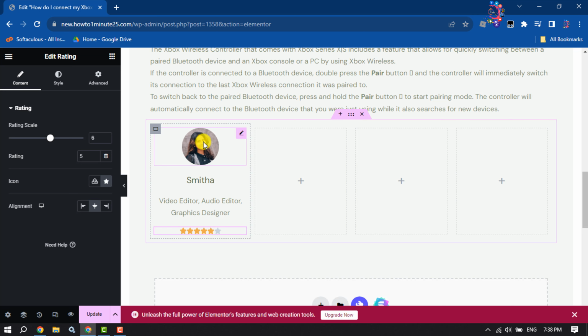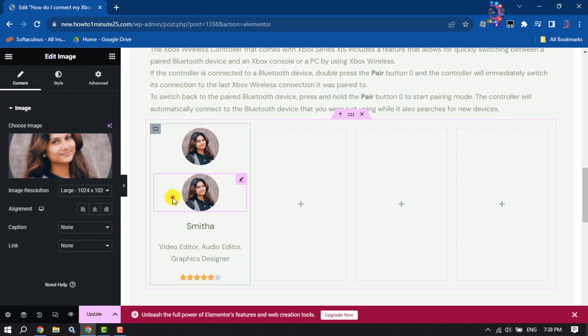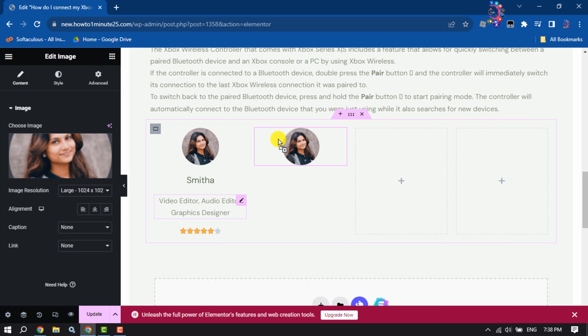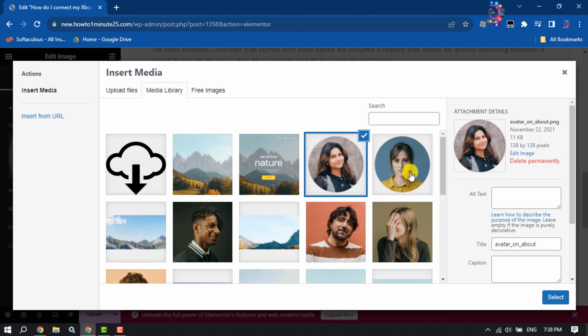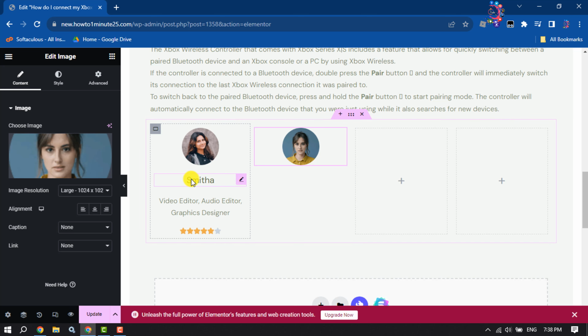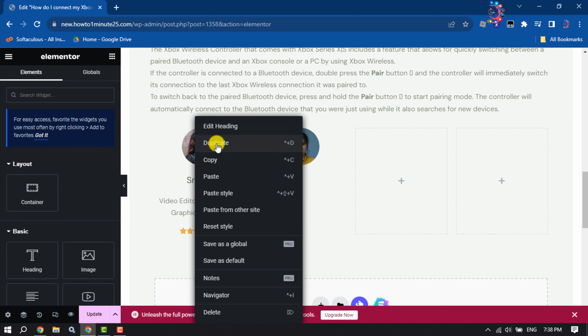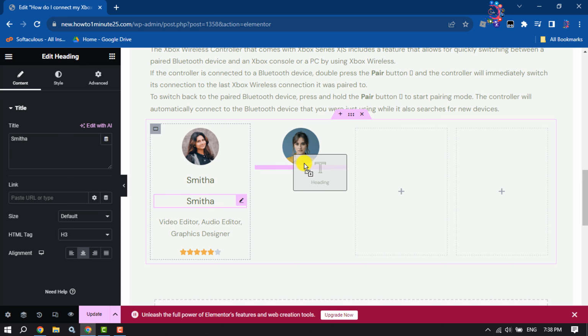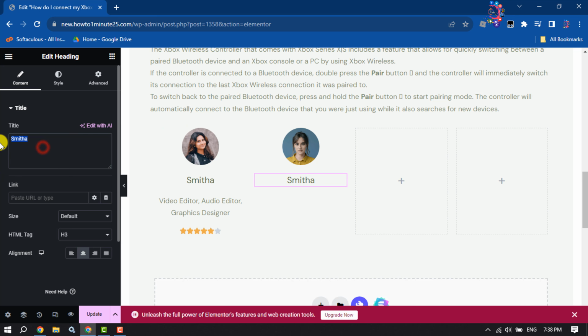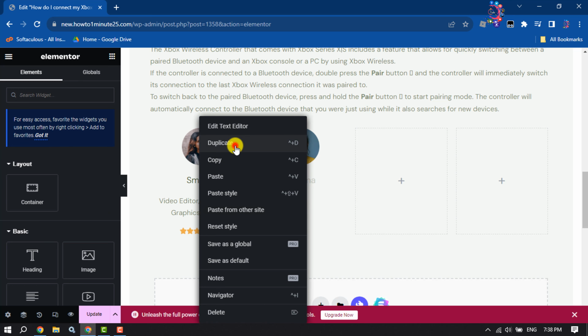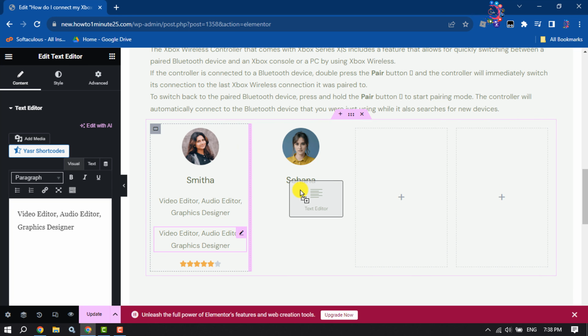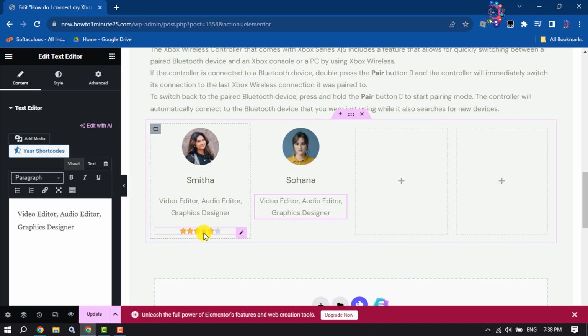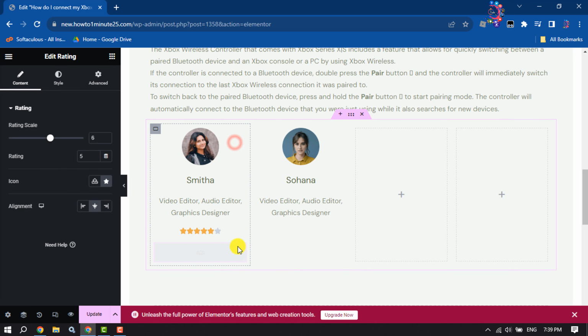So right click on the image and click on duplicate, and now drag and drop this duplicate image here, and to replace the image click on choose image and select a different image and right click on the name, duplicate, drag and drop it here like this, change the name, right click on description, duplicate, drag and drop it here, right click on star rating widget, duplicate, drag and drop it here like this,